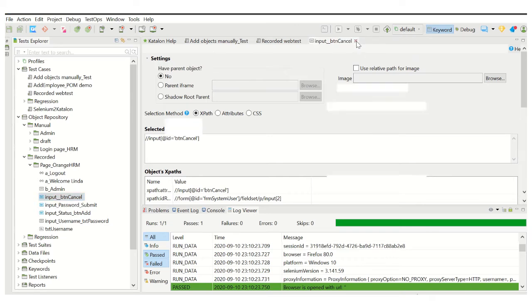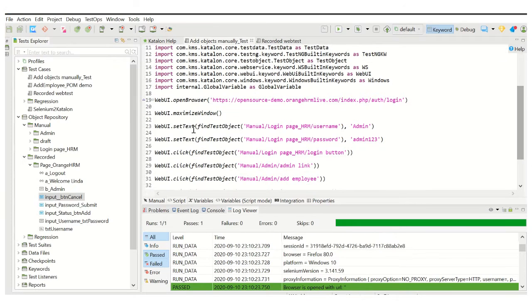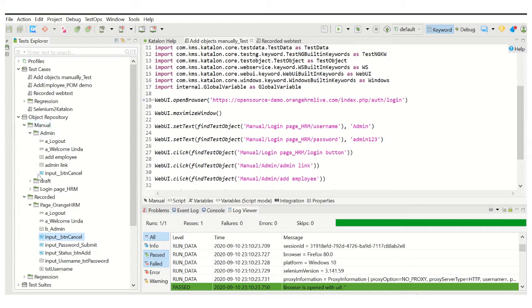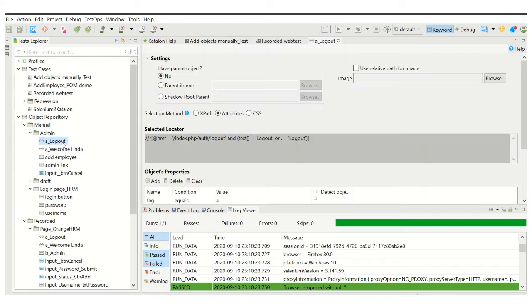Now let us see the objects used in this test. This has used the objects in this manual object repository. As you see, these are the same objects, but let us go and see inside. Inside here we have used object locators which are not XPath.